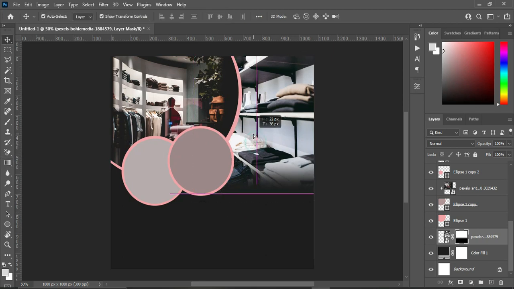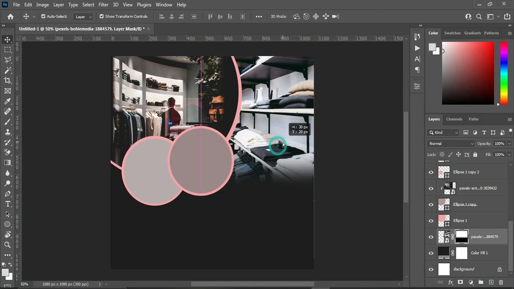Now we are going to reduce the opacity to 65%. So you come over here to reduce the opacity to 65%. So this is the outcome of it. So having done this one now,